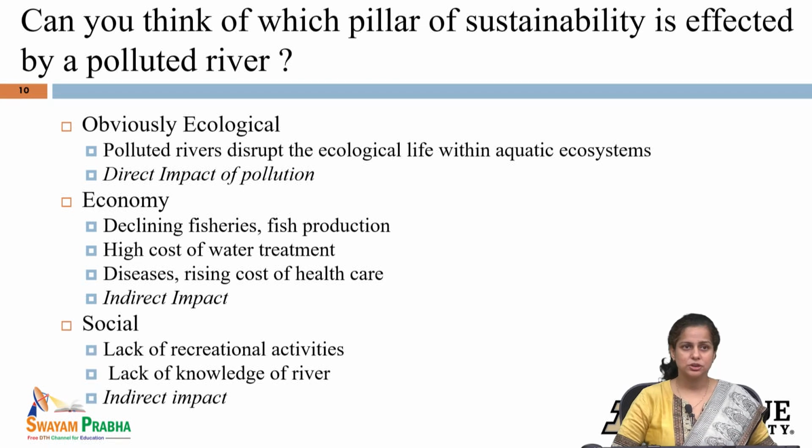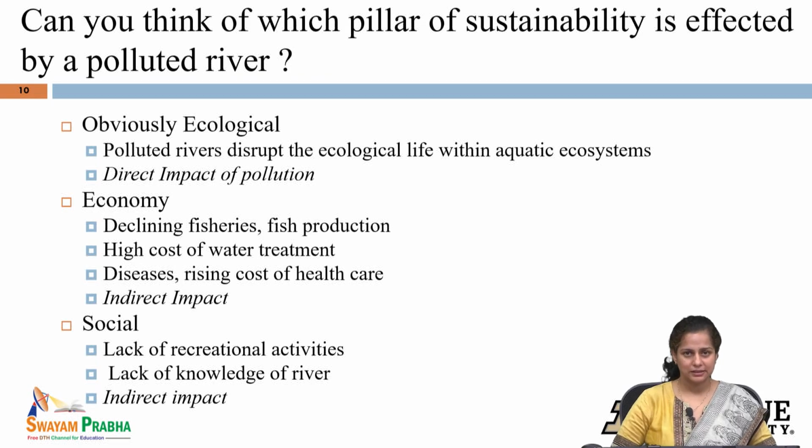The last is the social impact. Of course, when there is a polluted river, we do not want to go close to that river. So, we have a lack of recreational activities. If we can clean our river system, we will connect with nature more. We can also connect with our local communities more. And there is also a lack of knowledge of the river because we really do not want to interact with that system that much. So, this is the social sustainability impact of a polluted river,